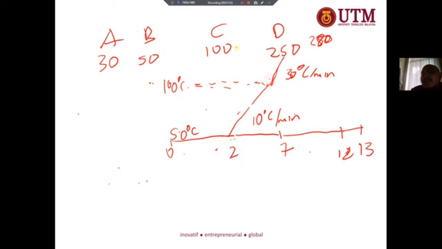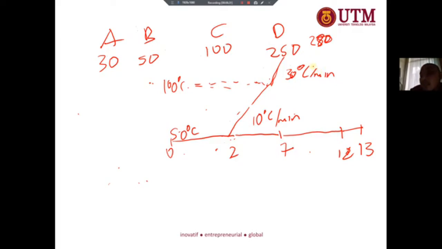Because 100 to 150 takes much longer, if we wait for 100 to reach 250, it will take about how many minutes? 10, 50. So instead of waiting another 50 minutes, we change to 30 degrees C per minute. It means that from 100 to 250, it will take only about